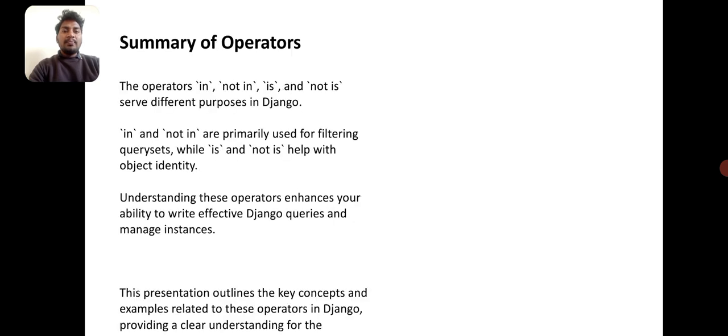Summary of operators. The operators in, not in, is, and not is serve different purposes in Django. In and not in are primarily used for filtering query sets, while is and not is help with object identity. Understanding these operators enhances your ability to write effective Django queries and manage instances. This presentation outlines the key concepts and examples related to these operators in Django, providing a clear understanding for the